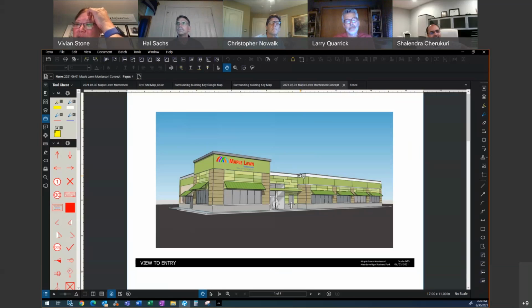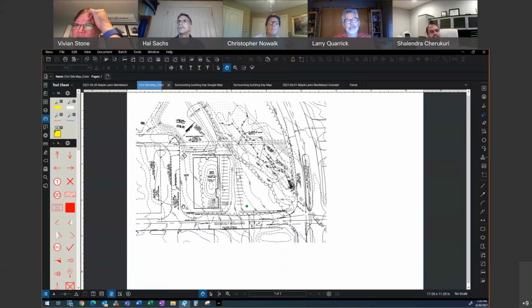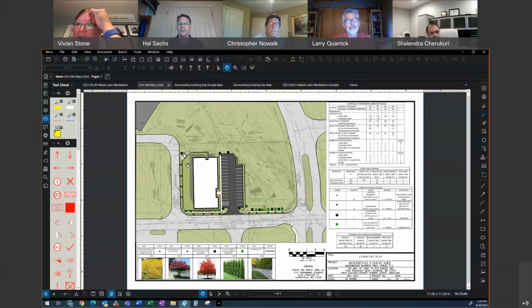My only question would be on the back that faces, I guess not the parking lot area, but the back. Right now it's just shown as a green space. Is that meant to be kind of outdoor play area for the kids? Like eventually would you have a tot lot or a playground? Yes, correct. The area that I'm pointing to would all be the playground area, and it's obviously contained just to protect the children.